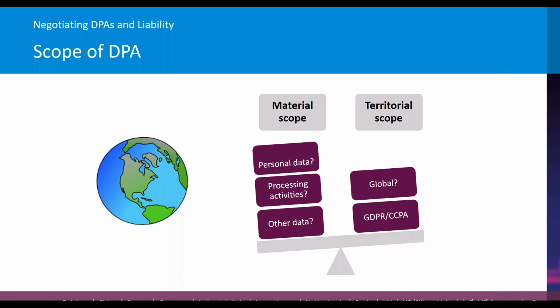I think a classic example there might be if a vendor is carrying out marketing or advertising on your behalf, and there's a particular region that you're targeting. You want to make sure that when you're saying you're complying with law, well, what is that law, and have you called out that particular region in the actual DPA, in the definition of applicable data protection law? And you're giving a signal to the vendor that when we mean these are the standards and protections you have to adhere to, this is what we're talking about.